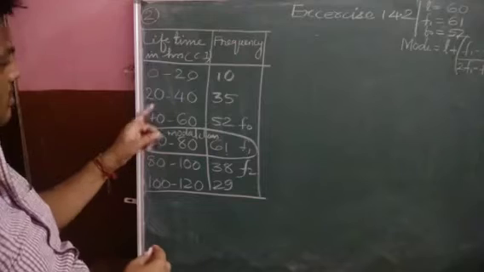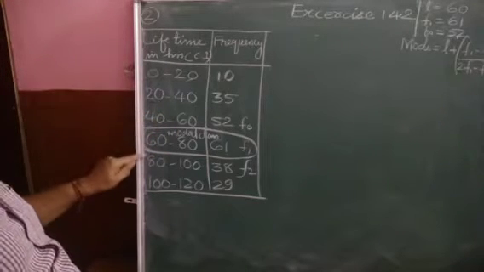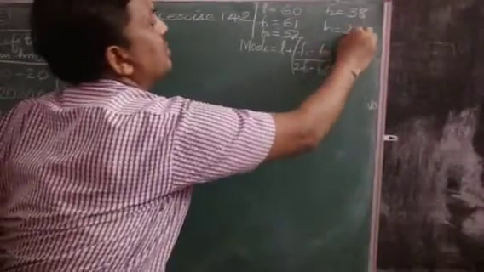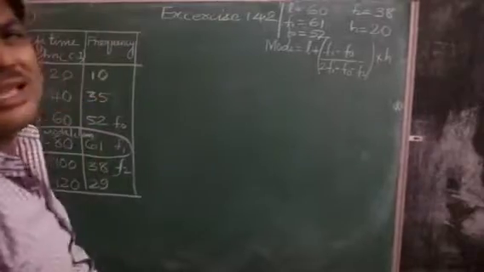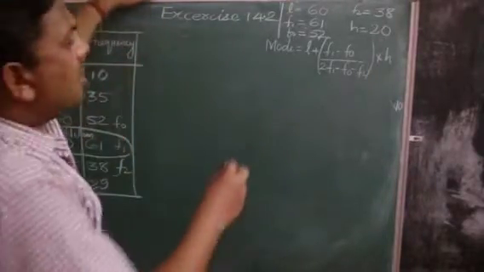And then H value: 0 to 20, 20 to 40, 40 to 60, 60 to 80, 80 to 100. How much height, children? Gap is 20. So is it necessary to do, children? I hope you can do it. Okay. If not, let's check.